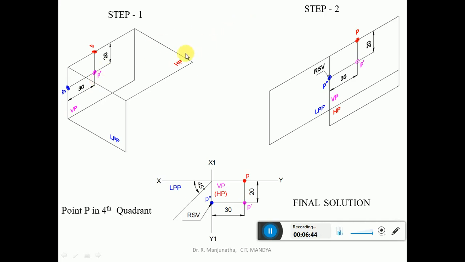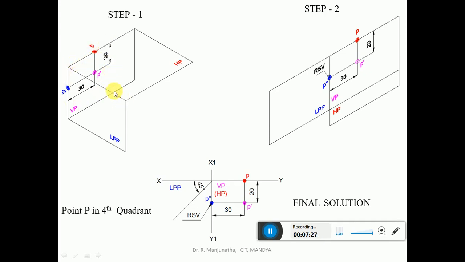Now when you look from here, in front of RPP, in front of LPP, the image which you can see here shows the distances of below HP and also on VP, both. And also where you have the front view, on that side you are going to get the side view. So the in front of LPP is seen when you look from the front view, which is on VP, and when you look from the top view, it will be on HP. So this is how it can be analyzed.